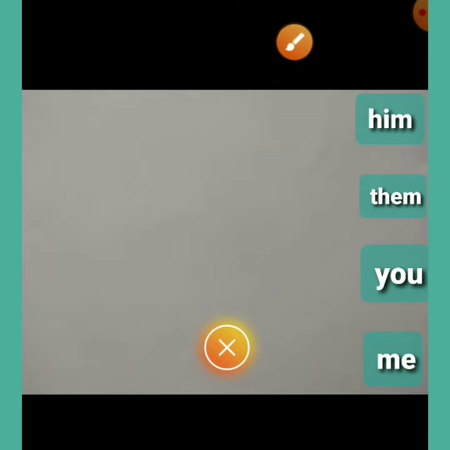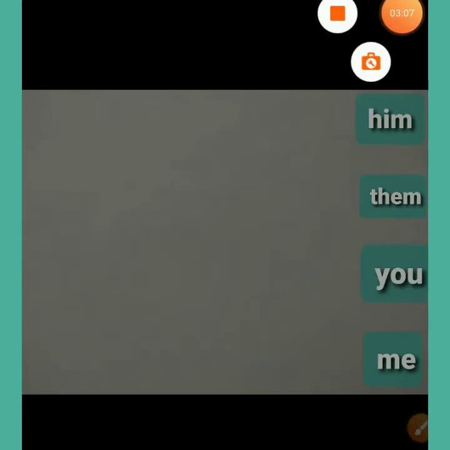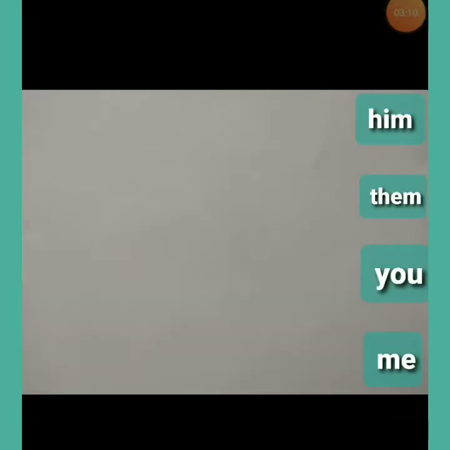Now we will make some sentences by using the objective cases. The objective cases are given here, some of the examples, and we will make a sentence. For that, what you have to do? At the beginning, you have to add a subject, then a verb, and then the object is already there. So first you have to find out a subject, then a verb, then the object. So now we will make some sentences.